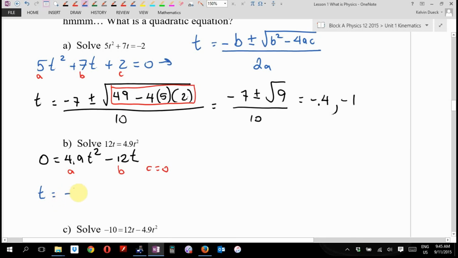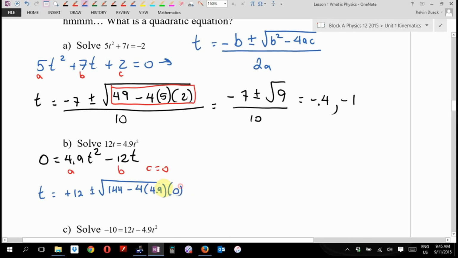Negative, what's negative 12? What I do, just to let myself know that I caught it, I'll often put the plus in front of it to remind me I didn't forget. I noticed it was a minus, minus, and a plus, so that when I'm looking later on, I'm like, ah, I caught that. Plus or minus the square root of b squared. What's negative 12 squared? 144. Minus 4 times a